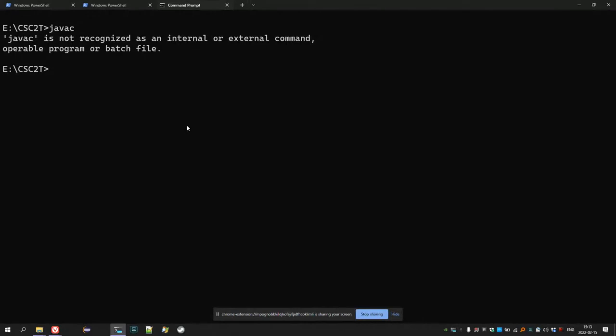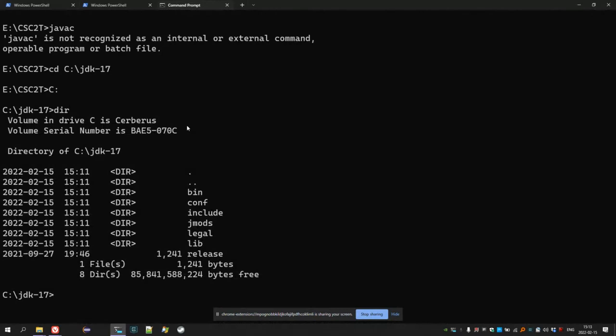It exists in the C drive at JDK17. So if I go to the C drive, there I changed directory, but I need to change the actual C drive as well. That's on my machine at least. So now I'm on the C drive, and I want to know where I need to go. I need to go to the bin directory. You can see there I typed in dir, and I can see the bin directory over there. So go to my bin directory,